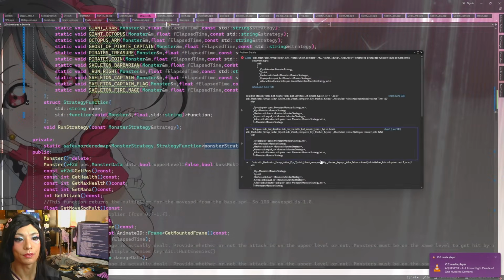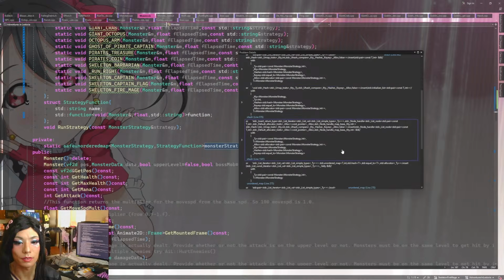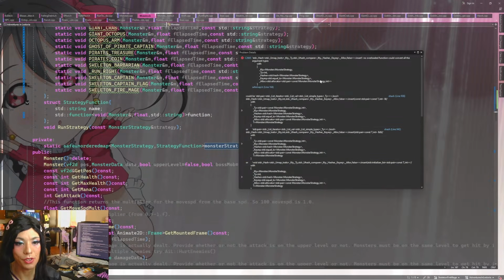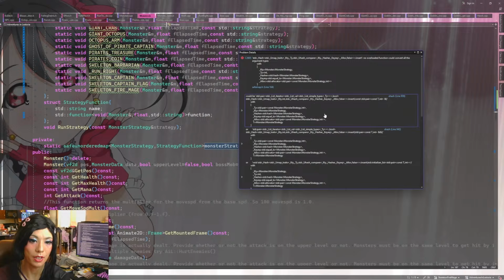So, no overload function can convert all the argument types, monster strategy. Key or pair, monster strategy, comma, int.